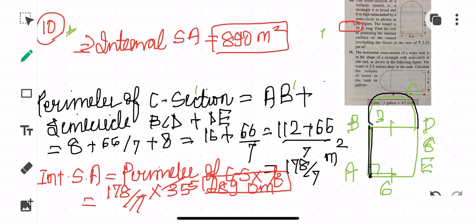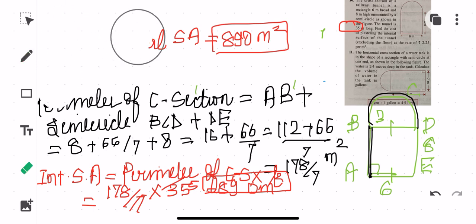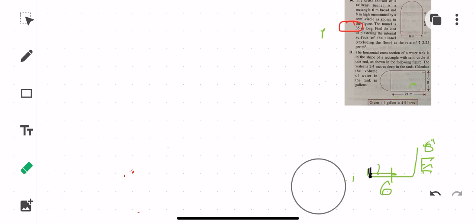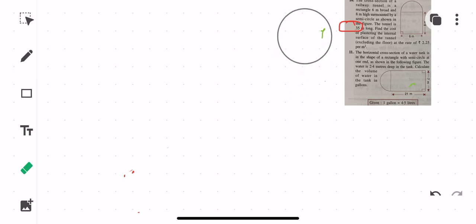Okay, so this is the answer that you are getting. Alright, so this was an easy one, of course, children, but you should know what you have to do. If you know the concept that to find the surface area you need to calculate the perimeter of the cross section, then you can easily find out, children. But if you don't know, then it is going to be a confusing one. Okay, so we'll now be doing question number 11, children. So if you look into question number 11, you can mark this question number 10 and 11 as important, children. Why? Because there are different types of sums.